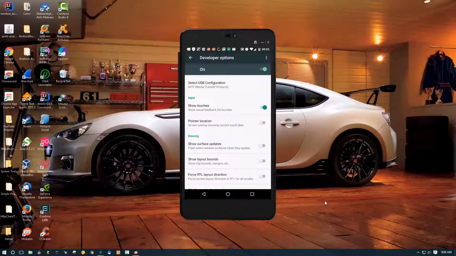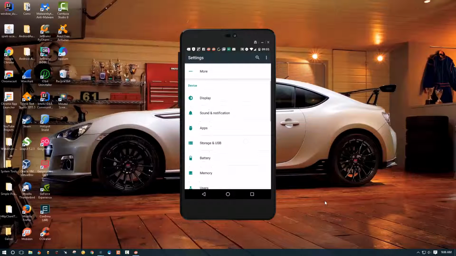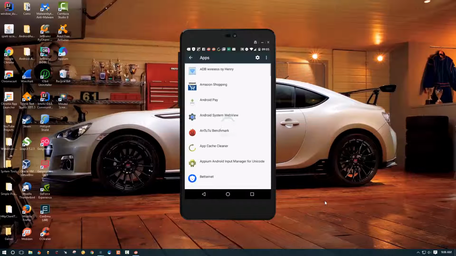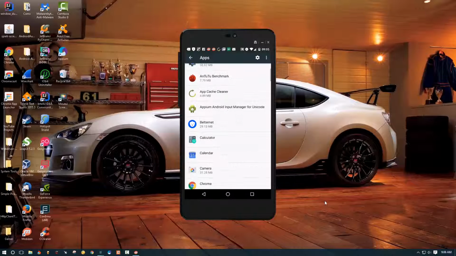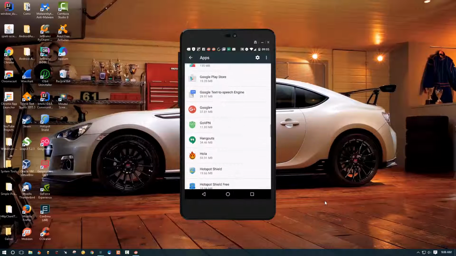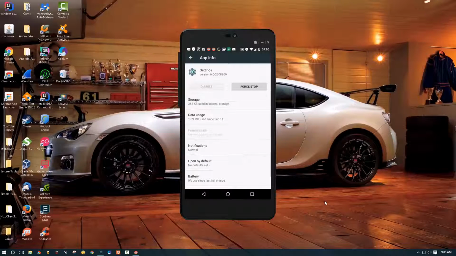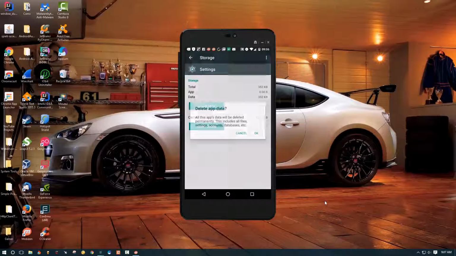So let me show you now how you can disable these developer options. If you go back to the settings, we're gonna go up to where it says apps. Okay, we're gonna go in the apps, and then we're gonna look for settings in here, and basically we will want to clear data for the settings. Okay, if you are on an earlier version than Android 6, you're gonna have a button right on this screen that says clear data. Just push it, push OK, but I have it buried in the storage, so I'm gonna go here, clear data,